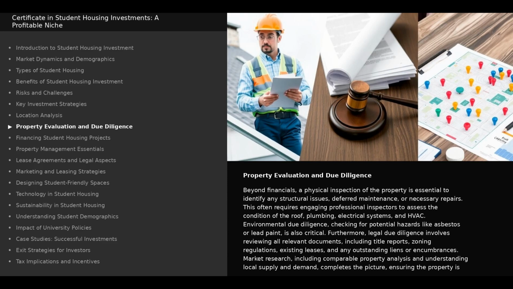This often requires engaging professional inspectors to assess the condition of the roof, plumbing, electrical systems, and HVAC. Environmental due diligence, checking for potential hazards like asbestos or lead paint, is also critical. Furthermore, legal due diligence involves reviewing all relevant documents, including title reports, zoning regulations, existing leases, and any outstanding liens